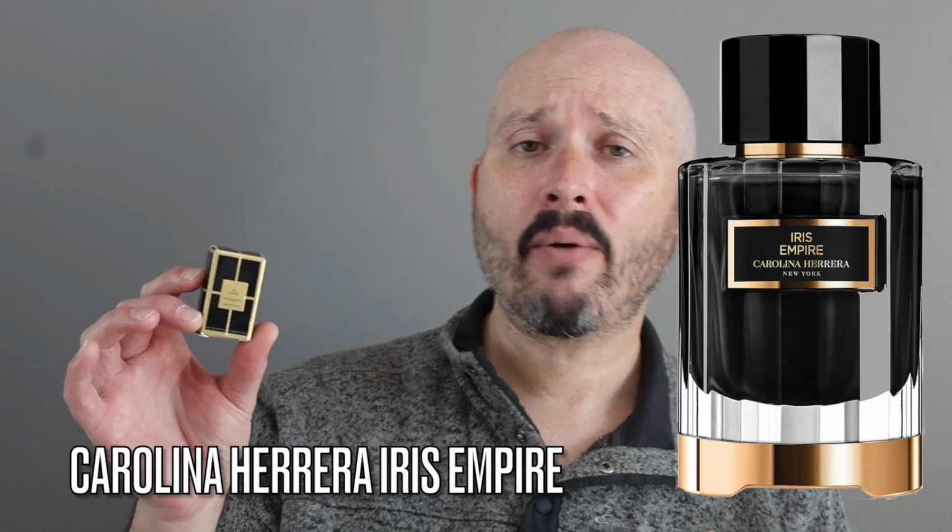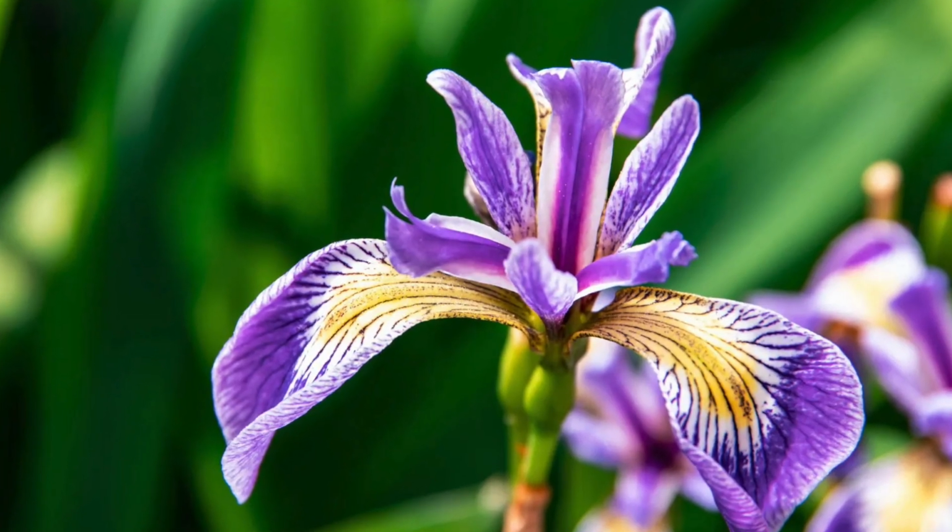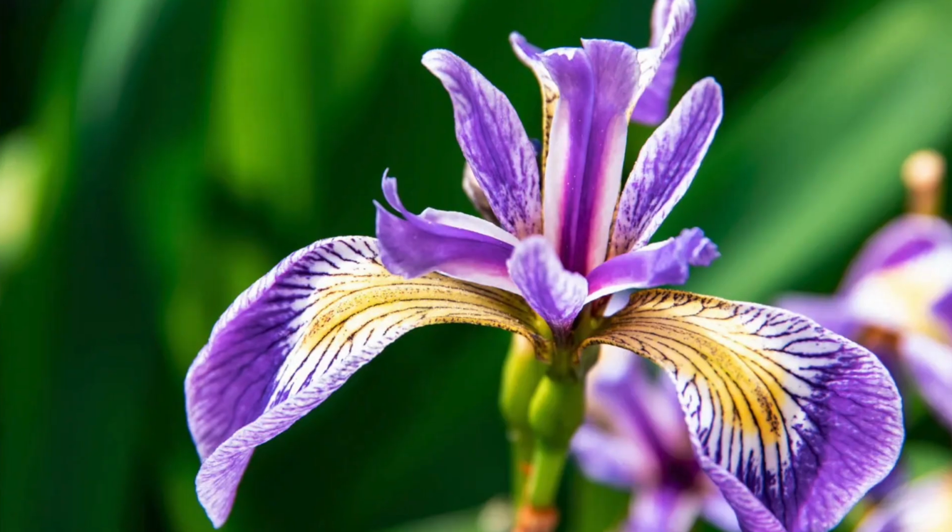Carolina Herrera Iris Empire. This stuff here is like $300-400. That's the reason why I bought this little dabber. I had to use a Q-tip, which is right here. I haven't smelled this since January. Oh my goodness. It's very much heavy in iris. If you don't like iris, this is a fragrance that is definitely not for you, but